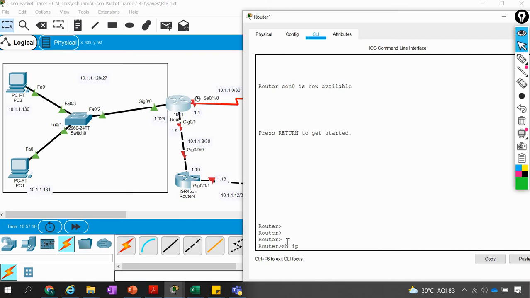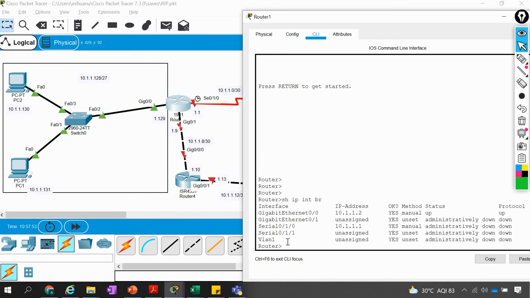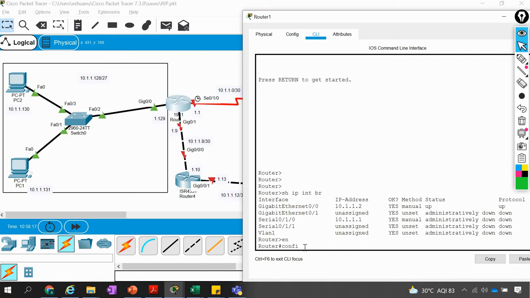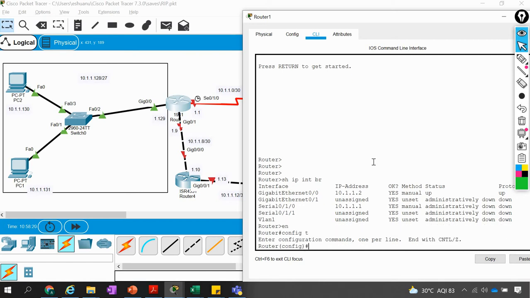So let me check show ip interface brief. So I have two IP addresses, 10.1.2, 10.1.1, but they are up. 10.1.12 serial, that is okay, but I have to change this IP address, okay? And I use that one, 1.129. So enable, config terminal, and then interface G 0/0.